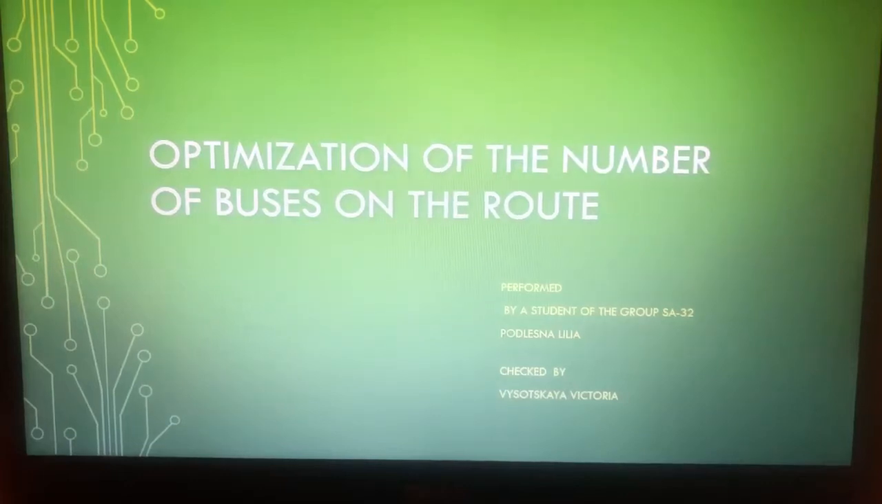I'd like to present my coursework on the theme: optimization of the number of buses on the road. It was performed by a student of group SA32, Podlesna Lilia, and checked by Victoria Vysotska. The theme of